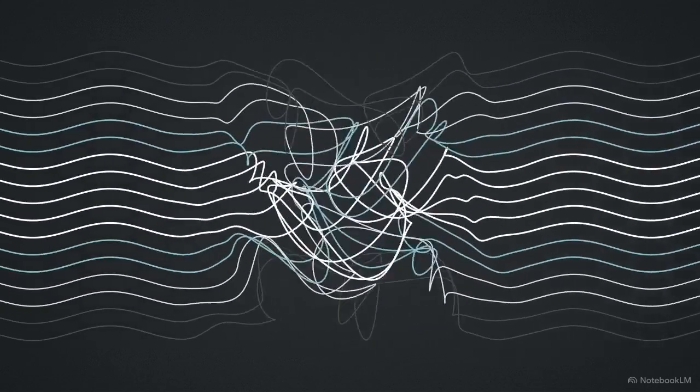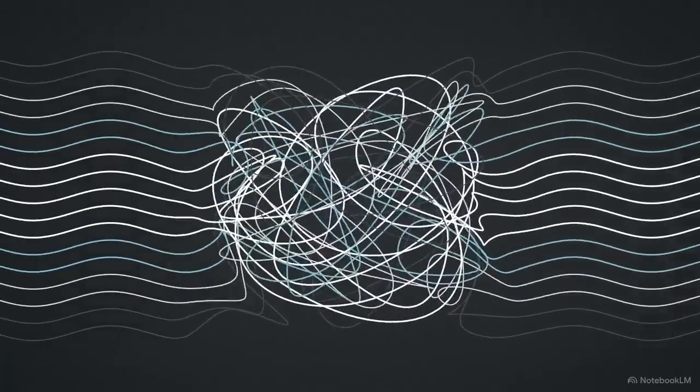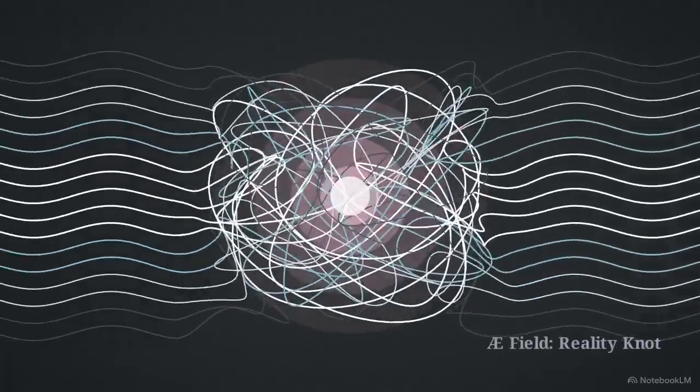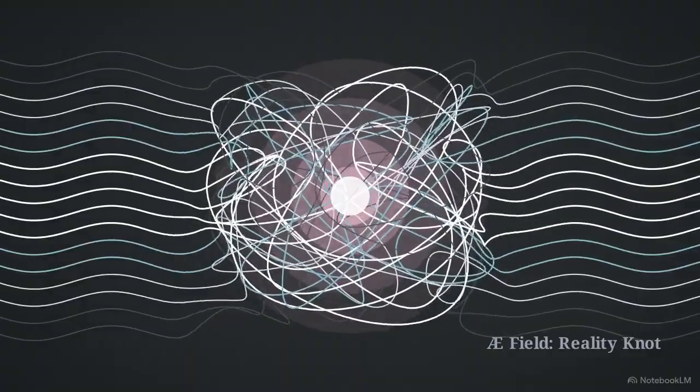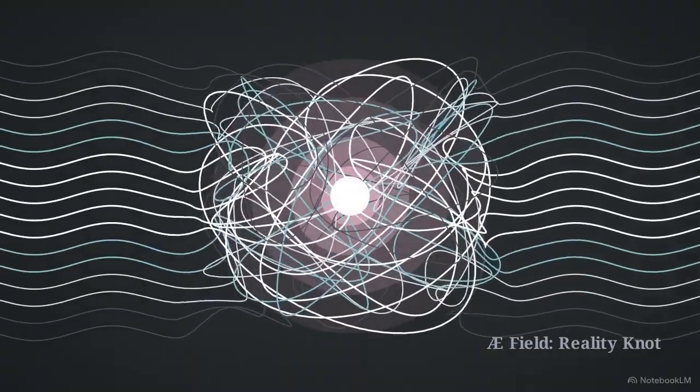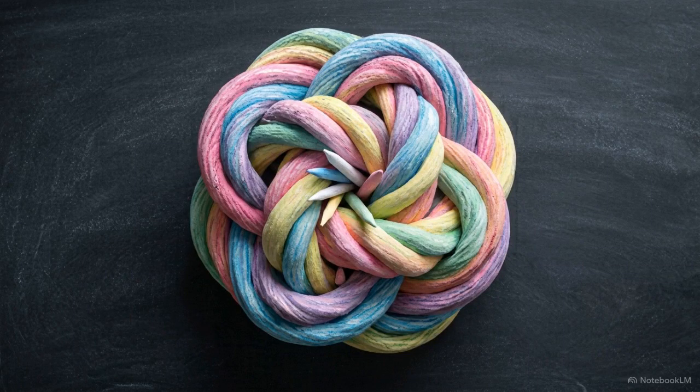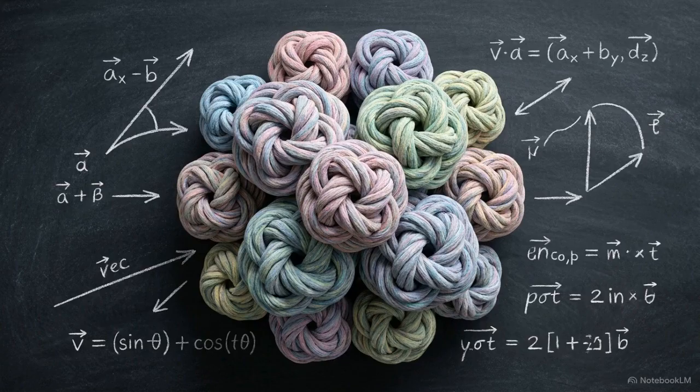But the field can also reach a state of extreme complexity, the reality knot. In a reality knot, the field's phase becomes braided and folded over itself. The structure becomes topologically locked, preventing energy from leaking out. Because this energy is confined and cannot be untied, it creates an unbreakable, high-intensity binding force. This topological confinement provides the exact stability and scale required for the strong nuclear force to hold an atomic nucleus